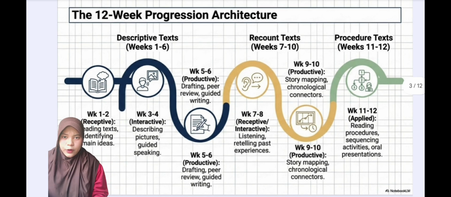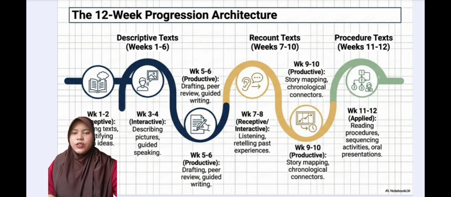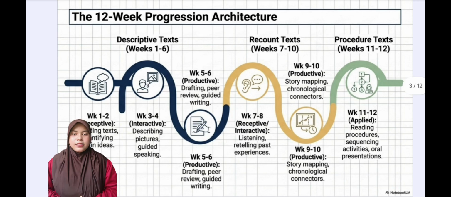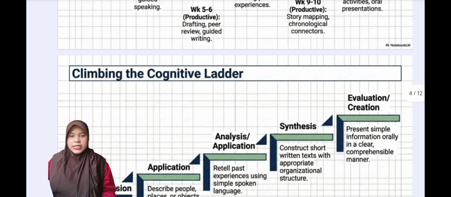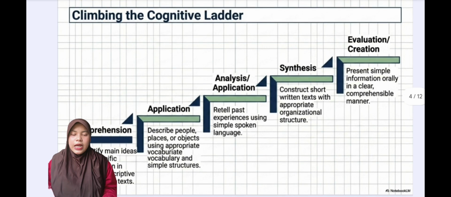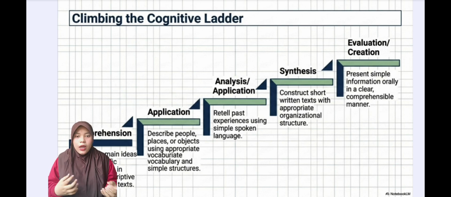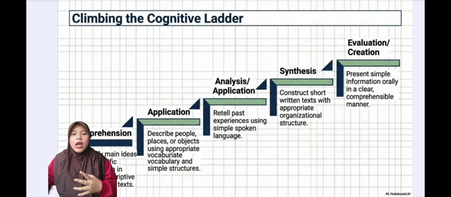From a cognitive standpoint, this model ensures that students do not simply memorize language; they genuinely climb a cognitive ladder step by step. It begins with comprehension, identifying main ideas in descriptive and recount text, then application, describing people, places, or objects using appropriate vocabulary, followed by analysis and application, retelling past experience using simple spoken language,